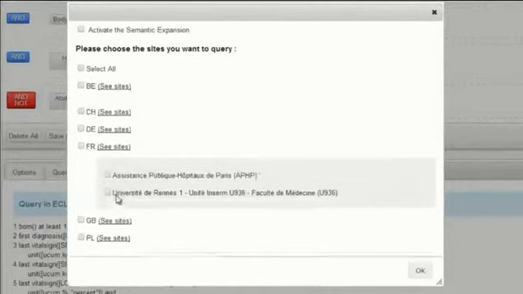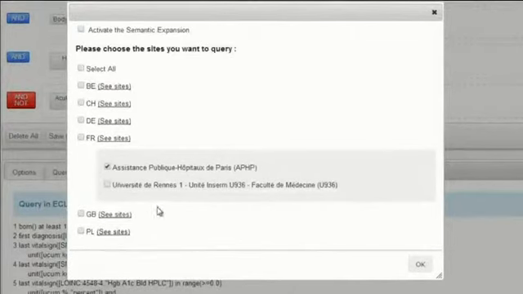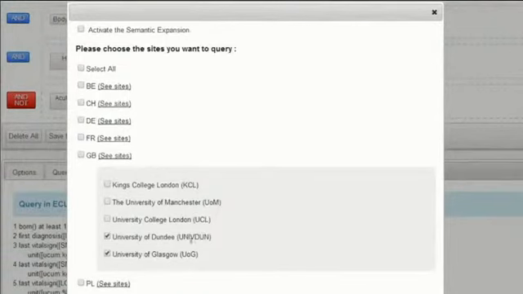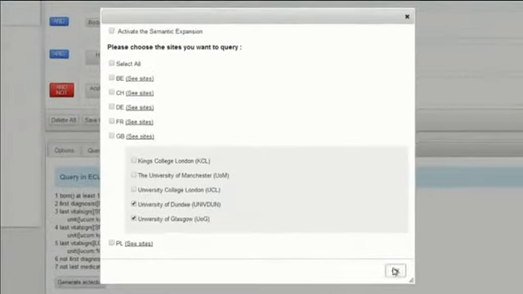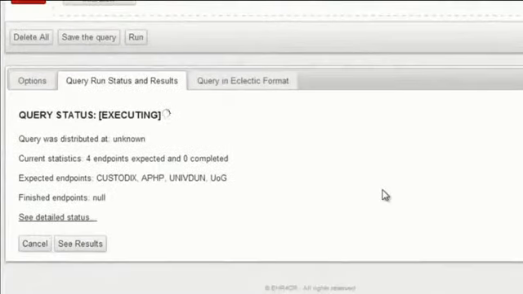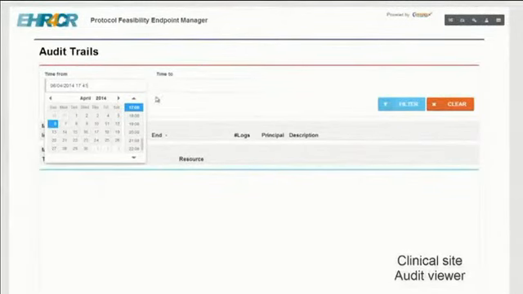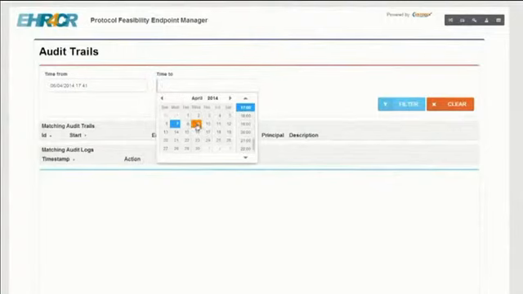So now that everything is properly set up, we'll go back to the central workbench, and what you see here is I'm selecting a number of sites to which I'm going to be sending the query that I have just saved. So this query has been saved and distributed to the endpoints that are specified here in the interface. I already received results from one endpoint, so let's go over to that particular site,